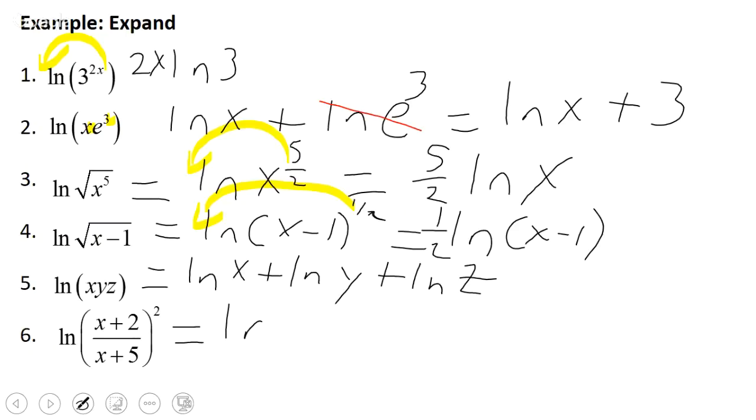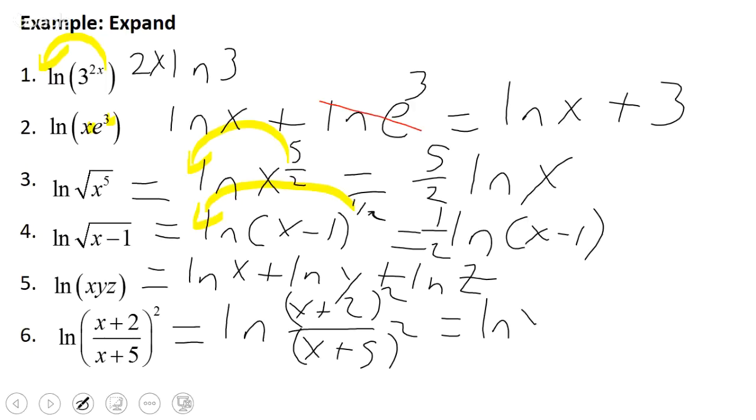I can do ln of (x plus 2) squared over (x plus 5) squared. So now I have division, so I can subtract. So ln of (x plus 2)